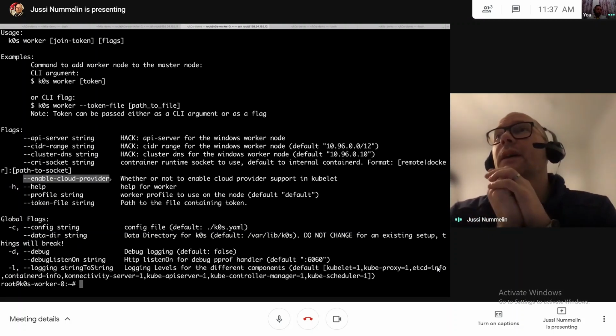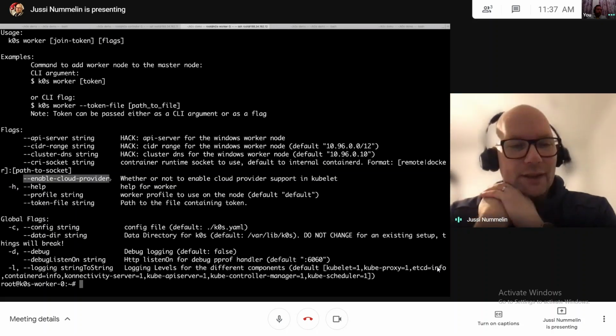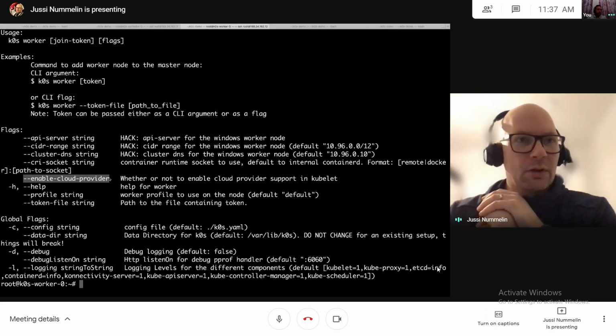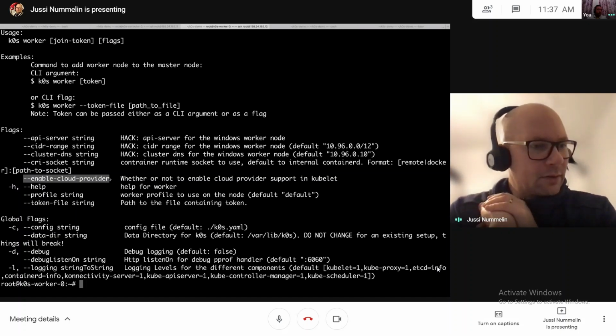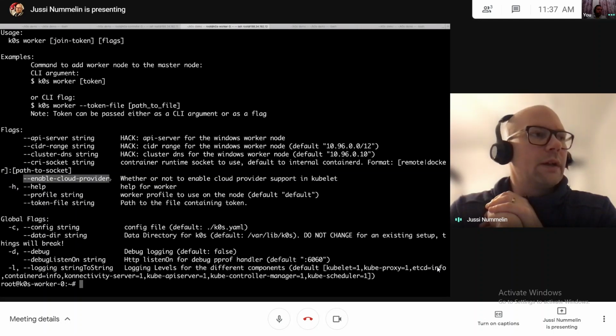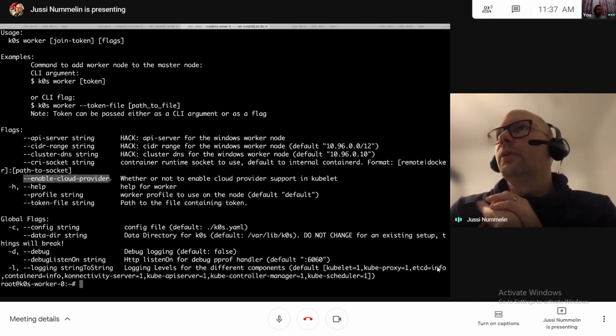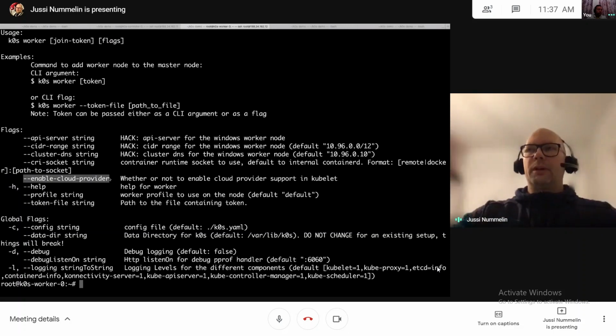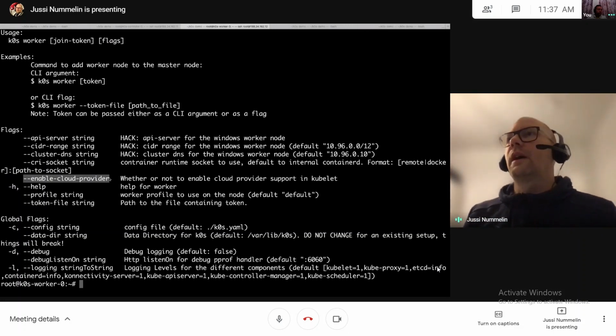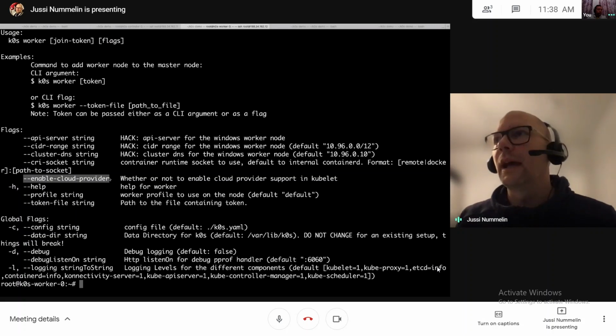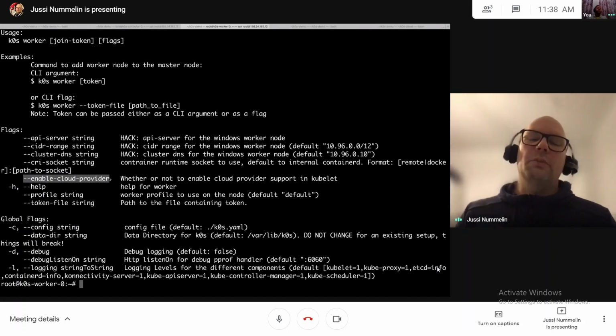Well, let's put it this way. K0s, and we as the project, we don't have any strong opinions on any of the cloud providers. So you're of course free to use whatever you want, but if you want to have the same cluster spanning between different or many cloud providers, you'll probably actually see a lot of troubles on the networking part.